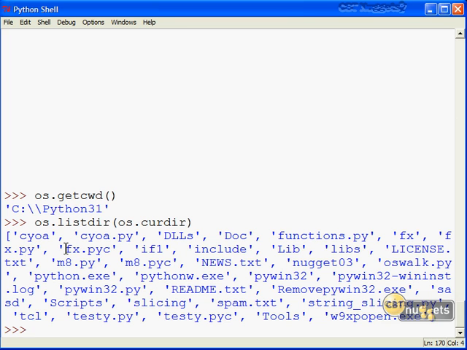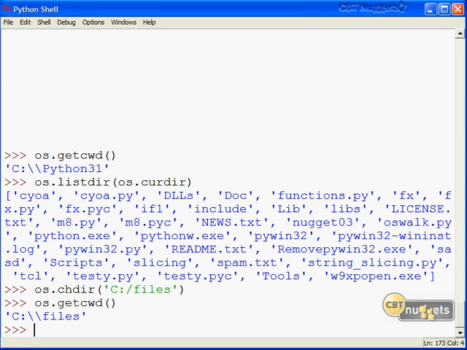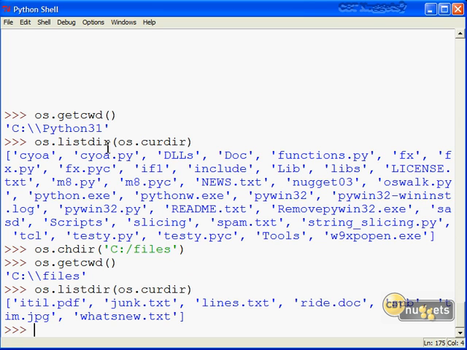I think it's great, frankly, that most of what we see here with these OS shell commands gives us lists back, because as you know, lists being mutable object types, we can pretty much do anything we want under the sun to those list objects. If we wanted to switch over to our files directory on the root of drive C, that's easy enough. We can call os.chdir, and in this case I'm going to pass in a string literal c:/files. And now, of course, if I get the current working directory, we're in the files folder, and of course, if we run our listdir, we should see a different list of files, and we do.